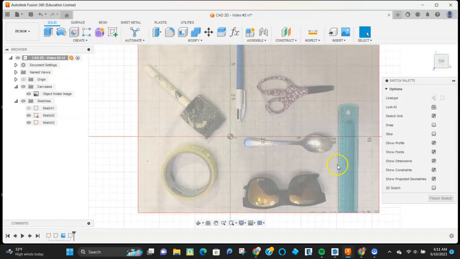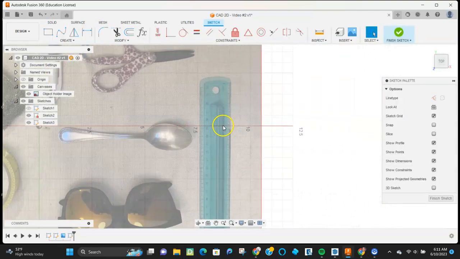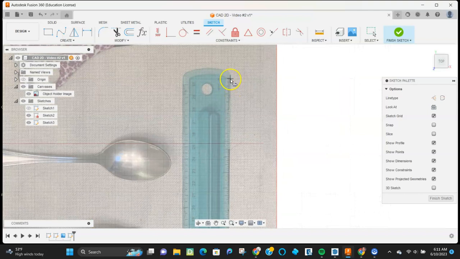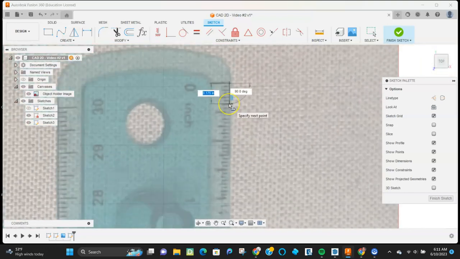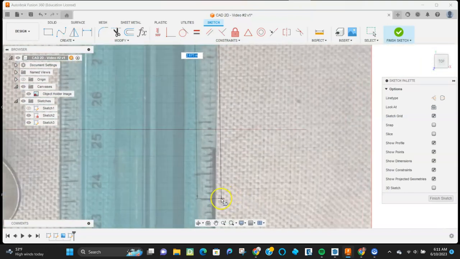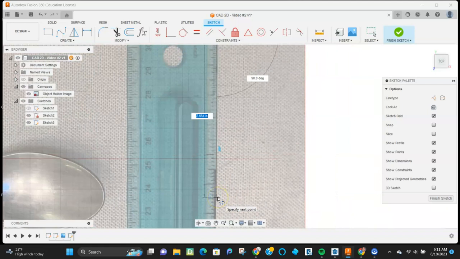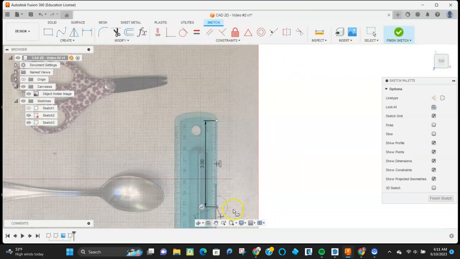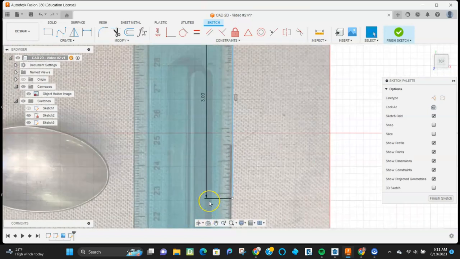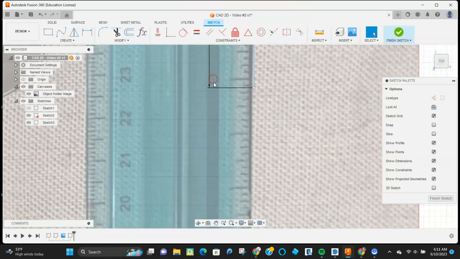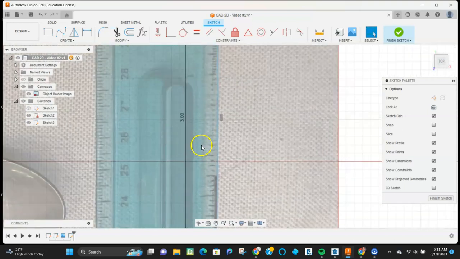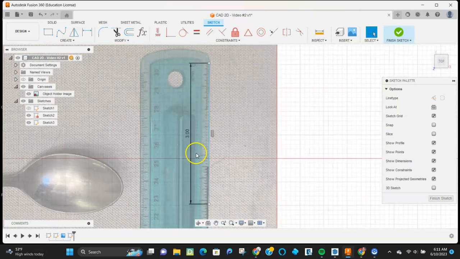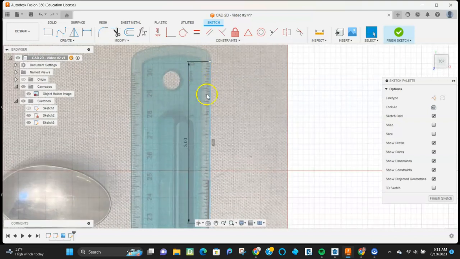We can create a sketch on top of our canvas, and then we can start to actually outline shapes for our real world objects. So if we draw a line from really roughly there, 0 to our values, the actual values on the ruler are going to line up because we've scaled everything appropriately. So that's a good thing to check to make sure that things are coming through the way that we think they are as we're going through this. All right. So what we're going to do then is look at how we take this now and make sketches on top of it so that we can get our